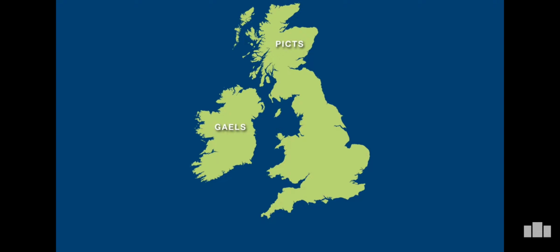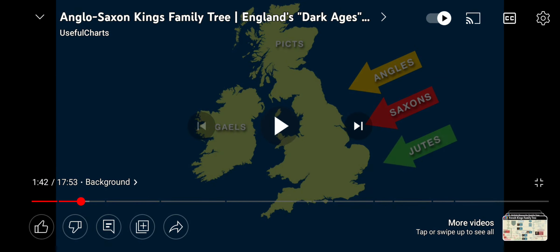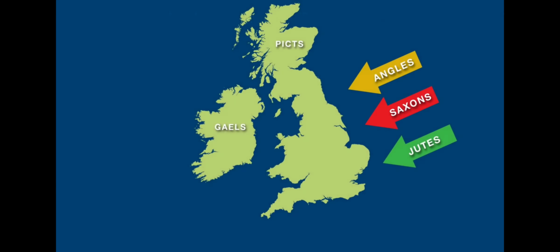Sometime after this, Germanic tribes started to invade the shores of Great Britain, although there is evidence that some Germanic peoples arrived before this time as well. These Germanic invaders came from 3 main tribes: the Angles, the Saxons, and the Jutes. The Angles and the Saxons came from Denmark and Germany and the Netherlands, and the same with the Jutes, but the Jutes weren't as numerous as the Angles and the Saxons. It is from the Saxons that we get the term Anglo-Saxon, and from the Angles that we get the word English.